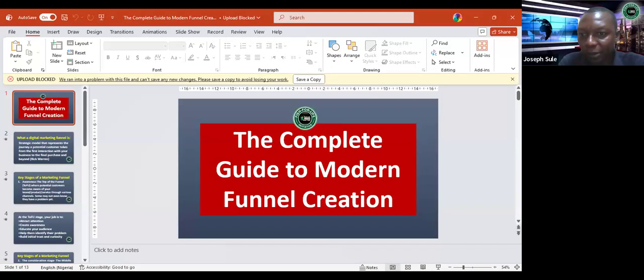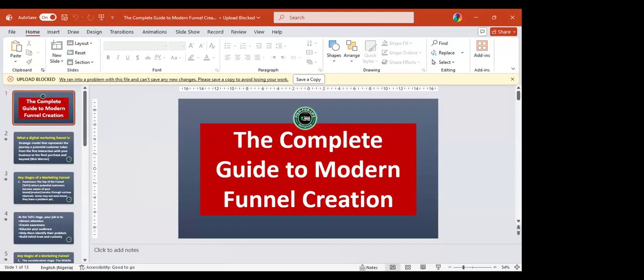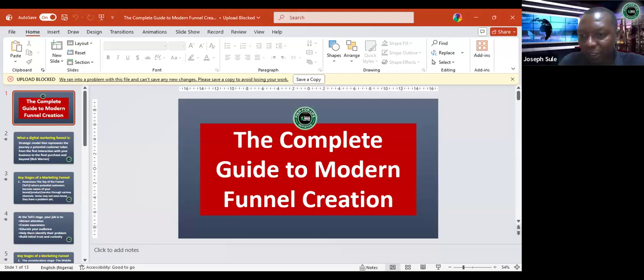Okay, now I can see the complete guide to modern funnel creation. Good, that means you can see my screen. Let me turn this into a slide presentation. I don't know why it's taking this long.